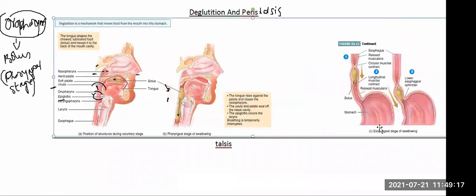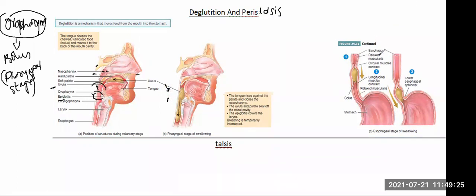food. Just enlarge it. The movement of food in the esophagus, right? You can see this now. When the food is in the esophagus, this is the bolus. This is the esophagus, right? So when the food is in the esophagus, the part of the esophagus above the bolus, or what we call superior to the bolus, what it will do is it will contract,